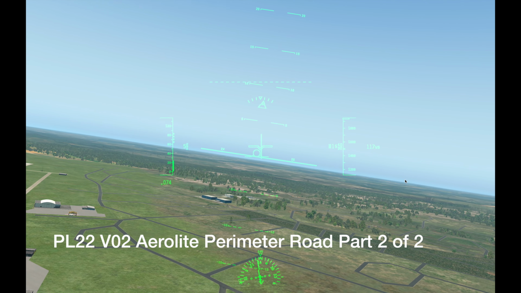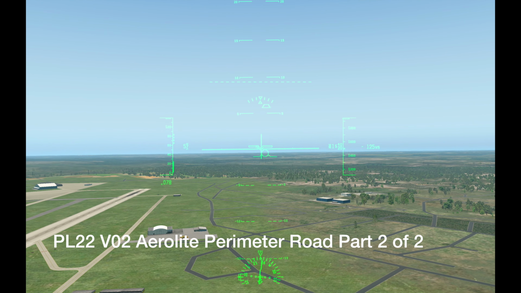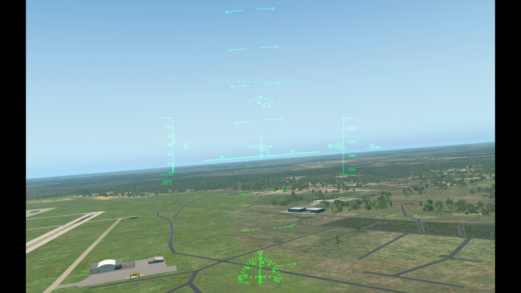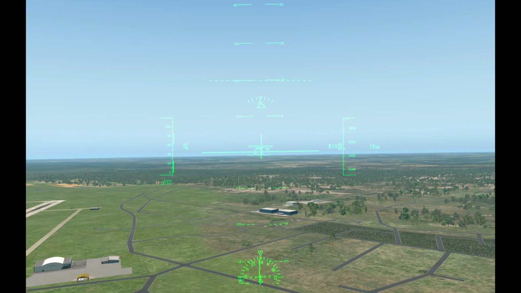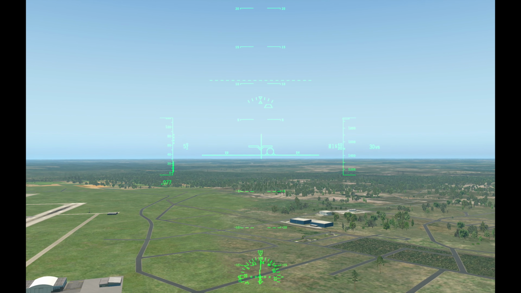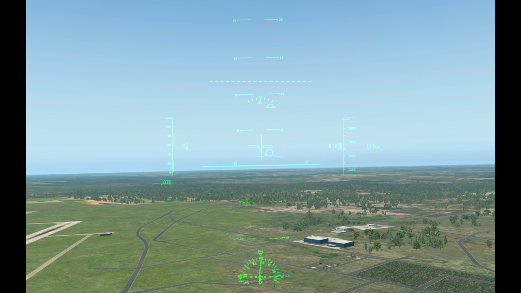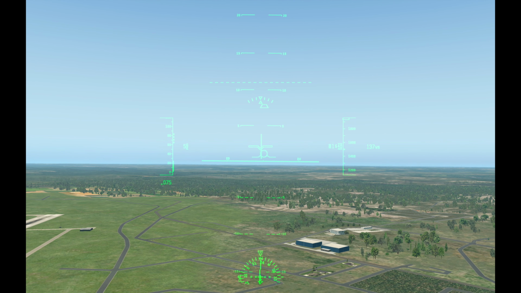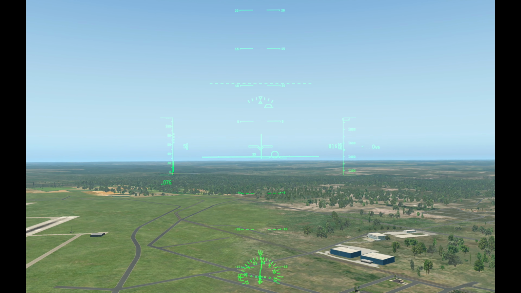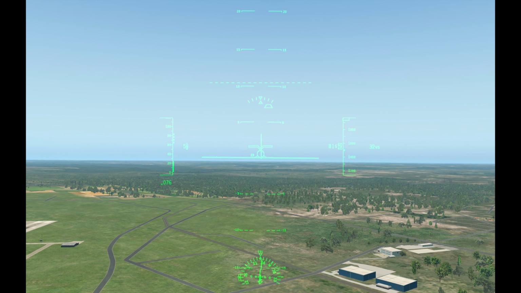As I said, it's always important to know your airport and what's around it, and following a perimeter road is quite useful. Obviously, we have a lot of buildings and hangars around Donaldson here. So as I come to the end of the runway here, I'm going to follow it on more of a traditional kind of downwind. I won't follow the perimeter road again, but I'm going to cut across the runway here